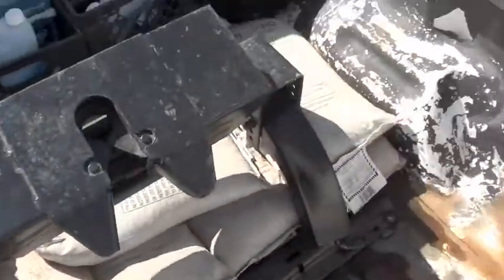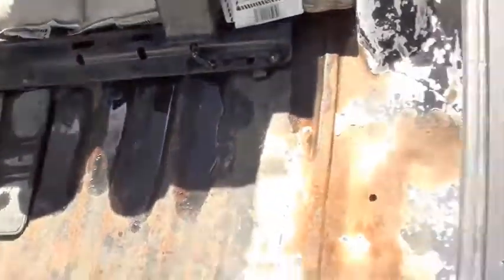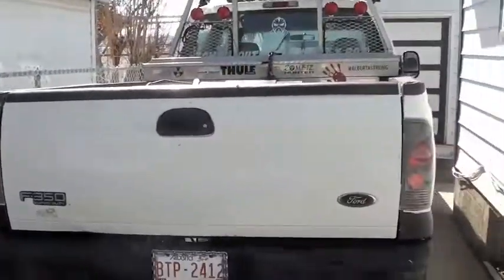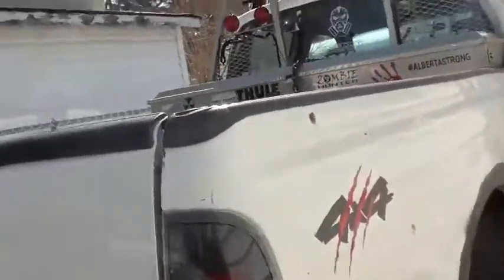Still got all the sand and stuff in the back of this thing. Wintertime's not quite over yet, but looking forward to taking that out come spring. It's got the truck wash a couple of days ago here. Not sure how long that'll last for, but